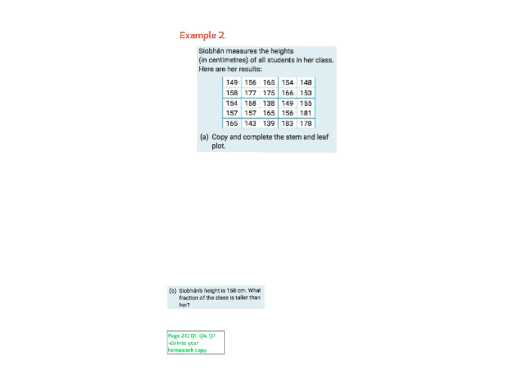This example here you are going to take down into your notes copy. This is going to be our example of how to draw a stem and leaf plot. It says here that Siobhan measures the heights in centimeters of all students in her class. Here are her results. Copy and complete the stem and leaf plot. So we're going to draw ourselves a stem and leaf plot. We just start off